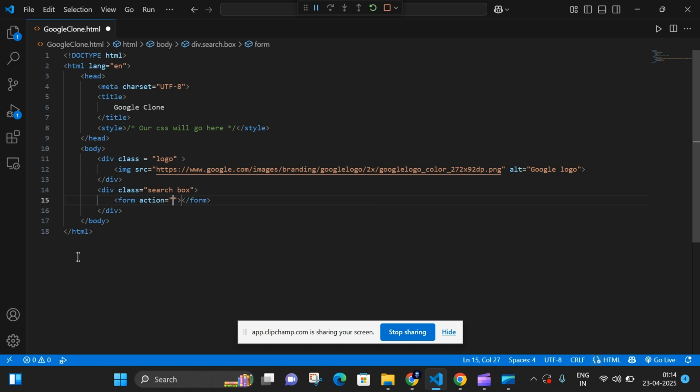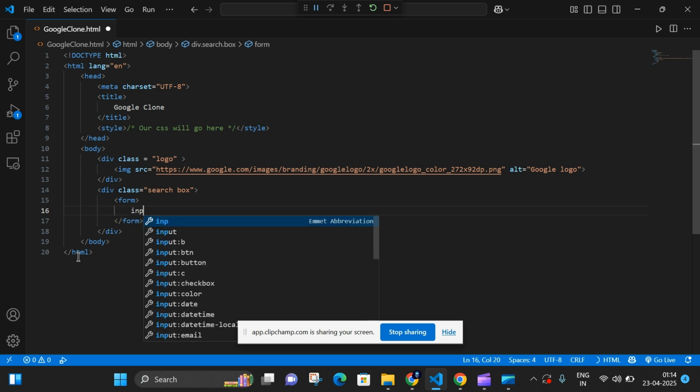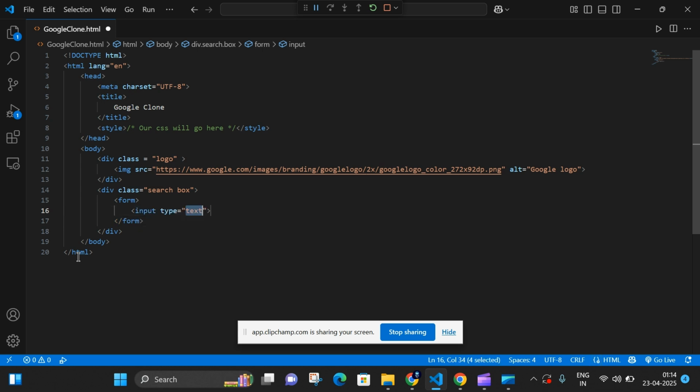Inside the form, there's no need for action and all for now, so I'm removing that. Inside the form tag I'm using an input type. I want to create a box, so for that we want to use input, right? Here I'm putting the text itself. Then in that I need to put the